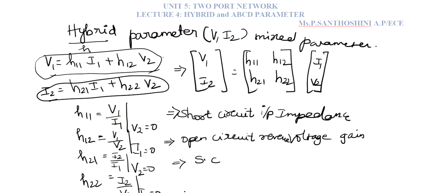Yeah, it is short circuit. It is definitely open circuit. Now tell me the second half. Look at the equation I2 by I1, output current by input current. So it is a normal current gain,